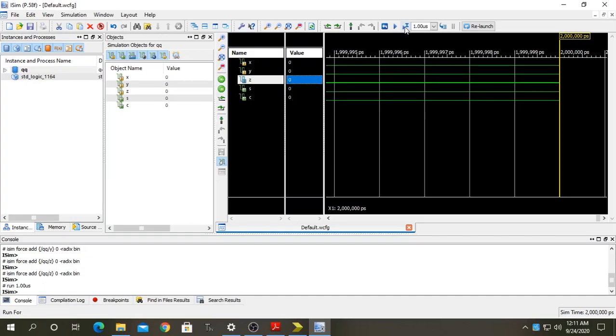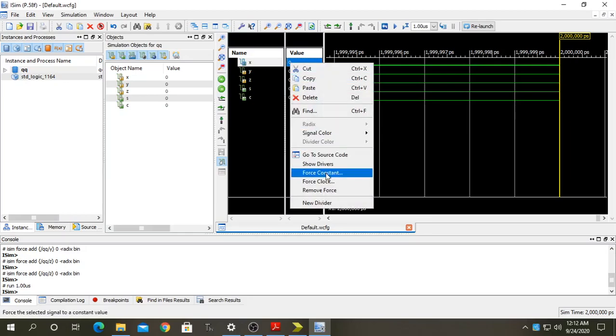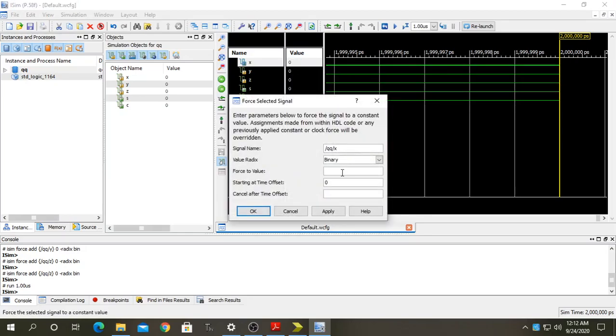Now I will run the program. As you can see, as I am running the program, the status of S and C, sum and carry, is still 0. Now in the next cycle, I will change my input and write 1 and apply, then OK.